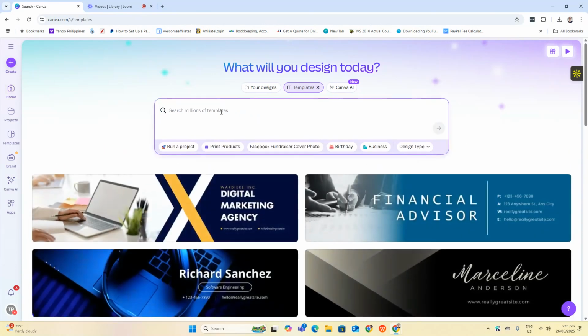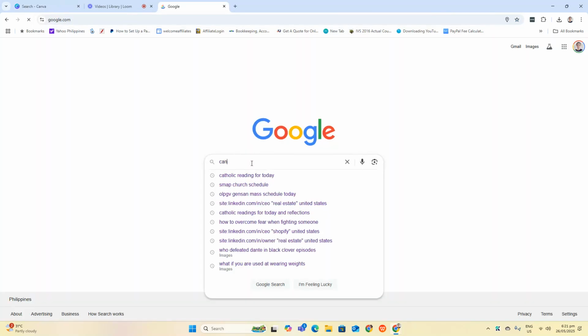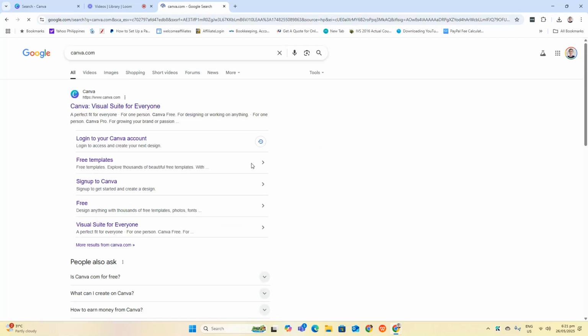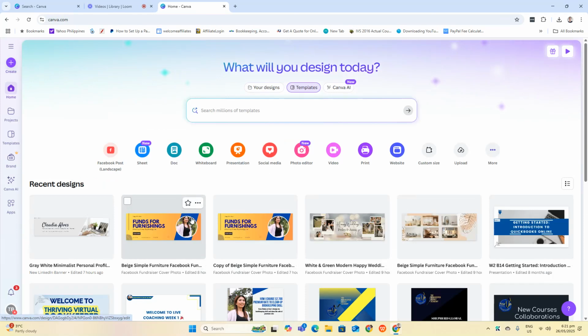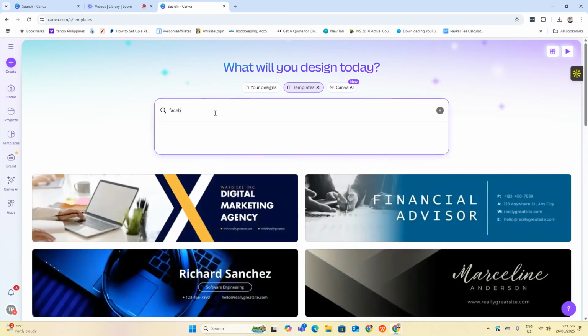So first, you have to subscribe and open a Canva account. So you just have to go to canva.com. Okay. So using your email address, sign up for an account for Canva. So we're gonna use Canva to help us design our Facebook cover photo and our LinkedIn background photo. Okay, so once you have opened an account in Canva, let's start with Facebook